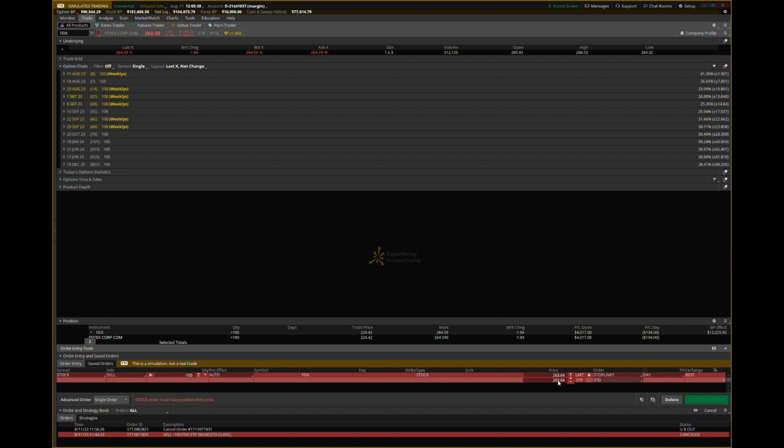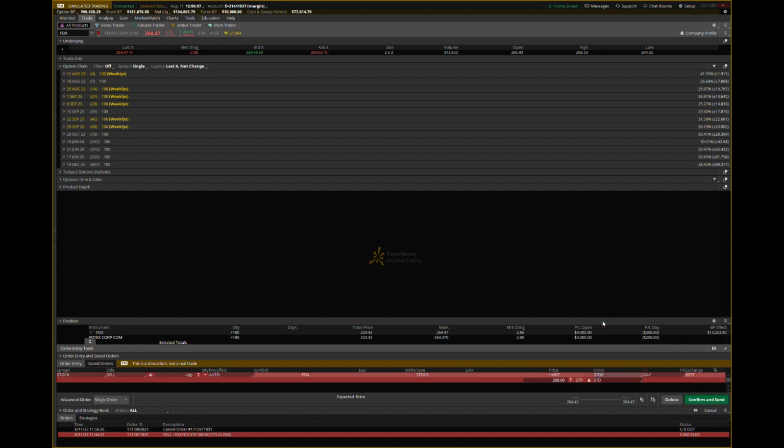Since these shares have a significant gain, let's assume we want to sell the shares and protect profits if the price dropped below 260. We would enter a stop price of 260. If we wanted to ensure we also received a price of no less than 259.80 per share we could enter that figure in the limit price section. For this example we will simply use a stop price of 260, so let's click back to a stop order